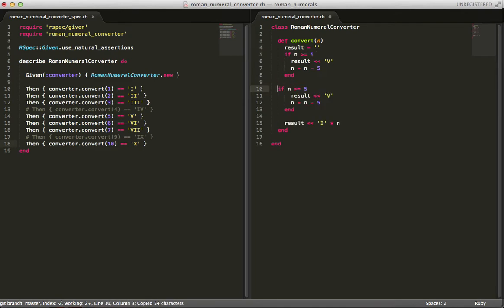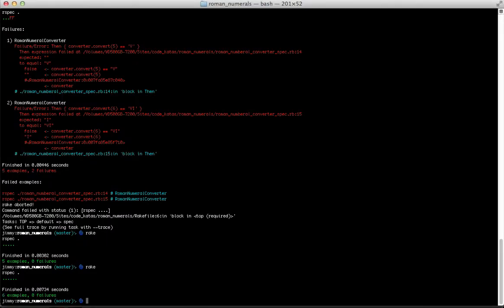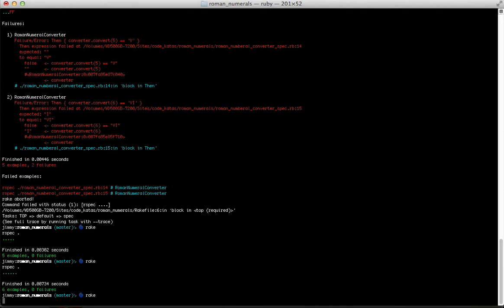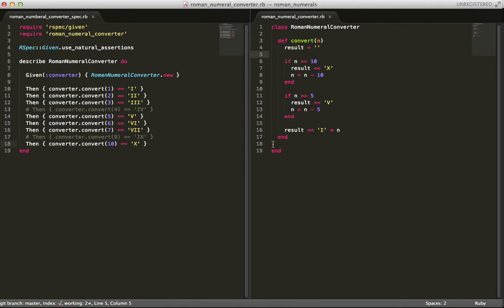and duplicate this. I'll change this to 10. It looks good, and let's see. Yay! So I think we're good, and we've covered 3 glyphs. We covered I, we covered V, and we covered X. Now I think it's time that we come back and cover this. What do you think? I think that this special case can be just like a glyph,